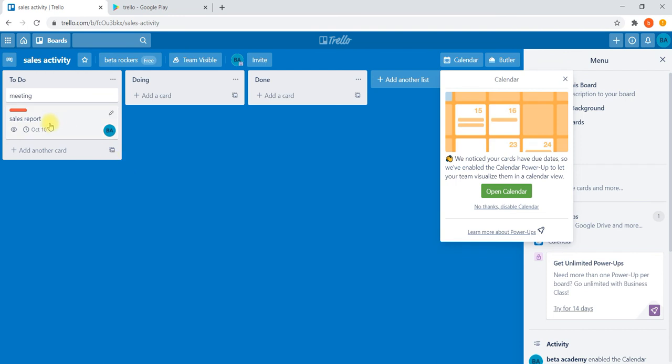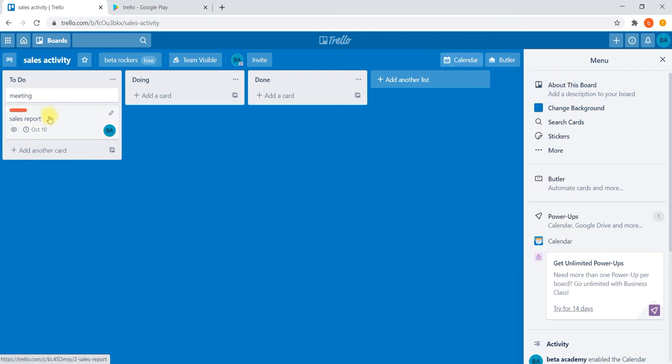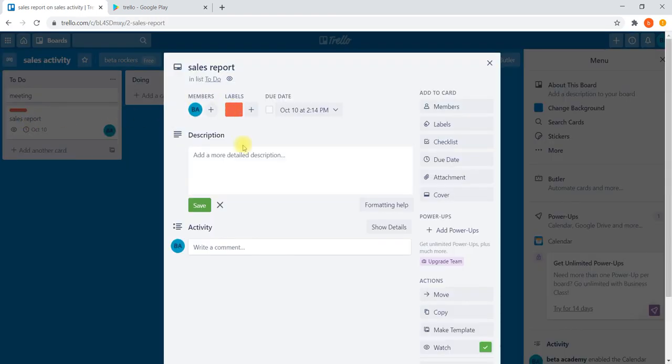Like this we can create a card, like here sales report to be submitted by 10th of October, and these are the team members involved in that. So we can see it anytime. If you click on that, you'll get to know about the due date, the urgency, and the members. Description you can write here.